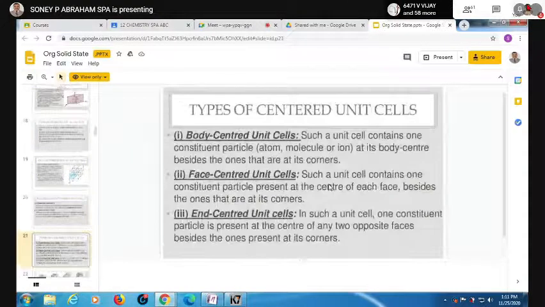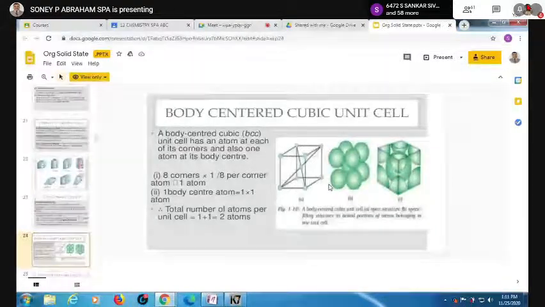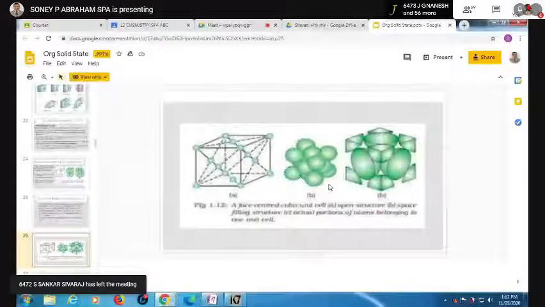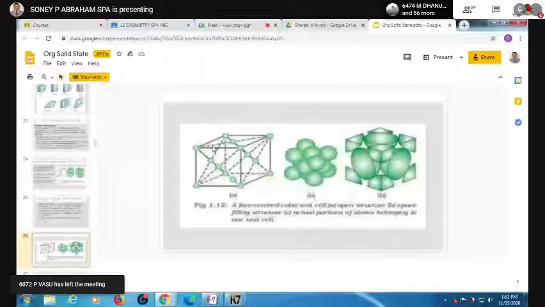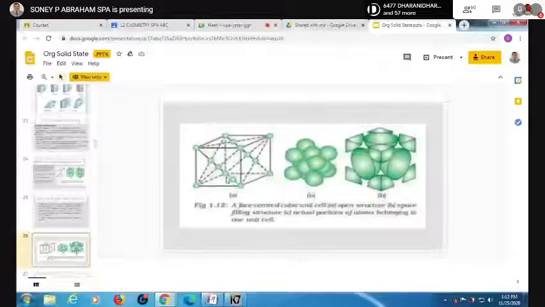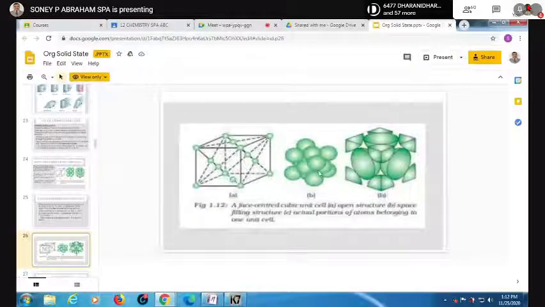Now we are going to discuss the face-centered unit cell. What is a face-centered one? Along with the corners, each face will have one center. You will have all the 8 corners occupied, as well as the center of each of the faces. 6 faces are there, and the center of each of the 6 faces will have one atom. So this is what we call the face-centered. And don't think that they are not touching each other. This is the actual structure of the unit cell. You can see that here it is 1 by 8, here it is 1 by 8, like this. So that is what I told you, 8 into 1 by 8.